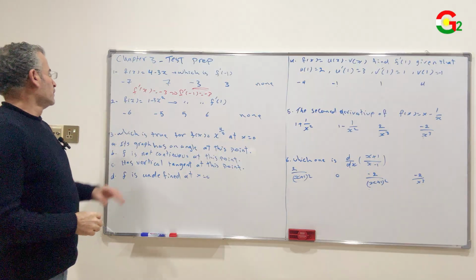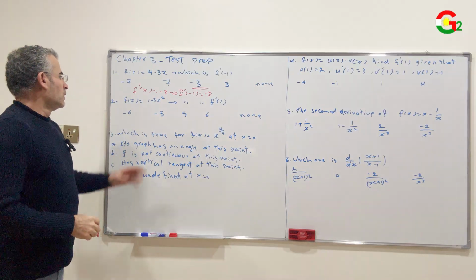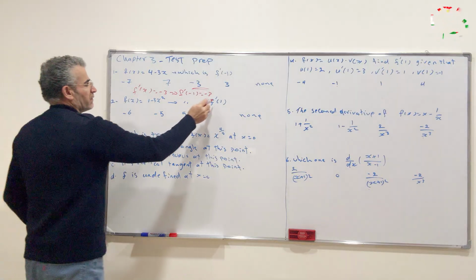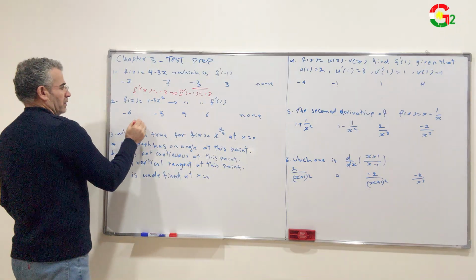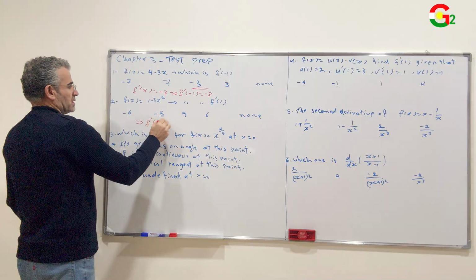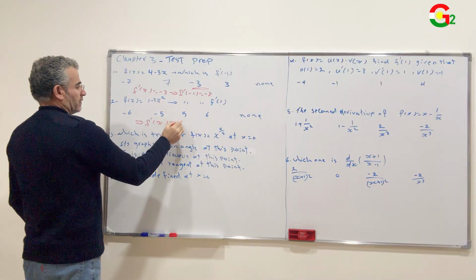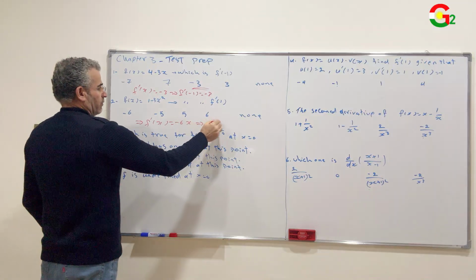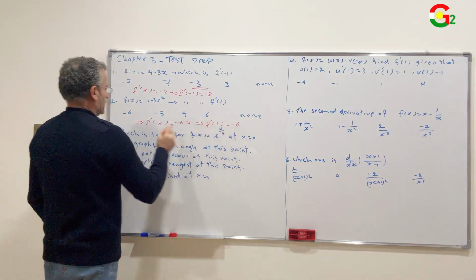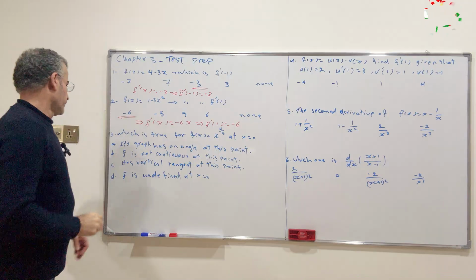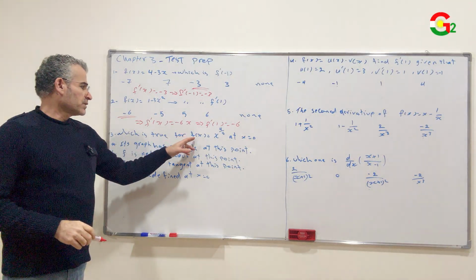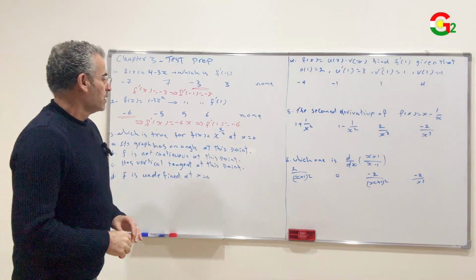Question number 2: f of x equals 1 minus 3x squared, which is f prime of 1? F prime of x equals negative 6x. Therefore, f prime of 1 equals negative 6. Choice A. Question number 3: which is true for the function f of x equals x to the 4 over